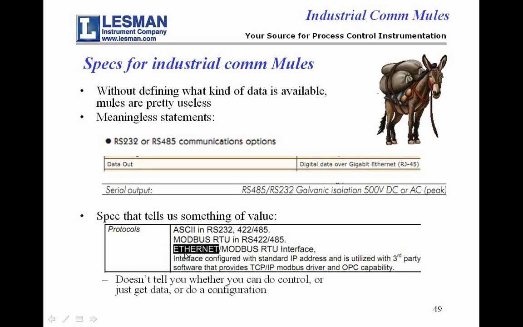We can run Modbus RTU over 485, or we can actually run Modbus RTU over Ethernet. That's a little more informative, but just knowing that you can run Modbus RTU over Ethernet doesn't tell you whether you can actually do control or whether you can get data or whether you can configure the device. It doesn't define any of that because that's at some other level in this OSI protocol called the